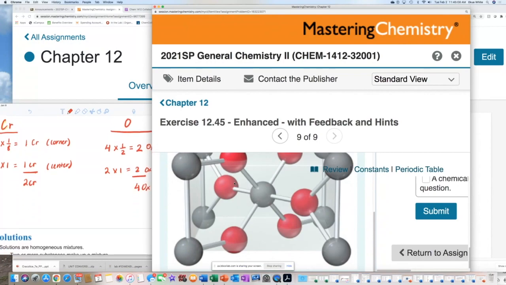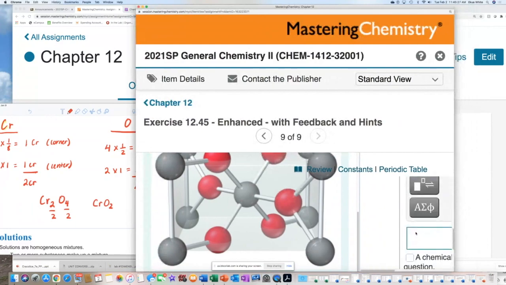So based on that, I have Cr2O4, divide by 2, divide by 2. I have CrO2. That's what I get based on what I see. This is one of those questions where the answer you get is based on how you're able to interpret the image. So let me type in here